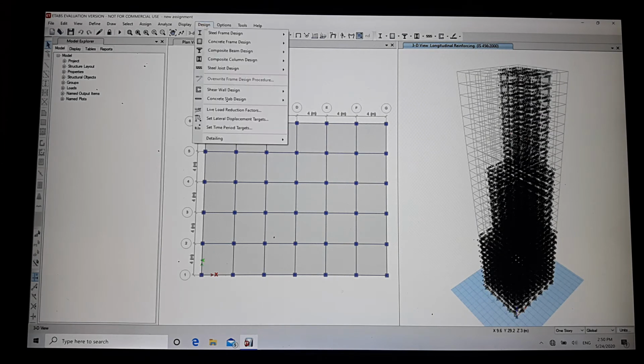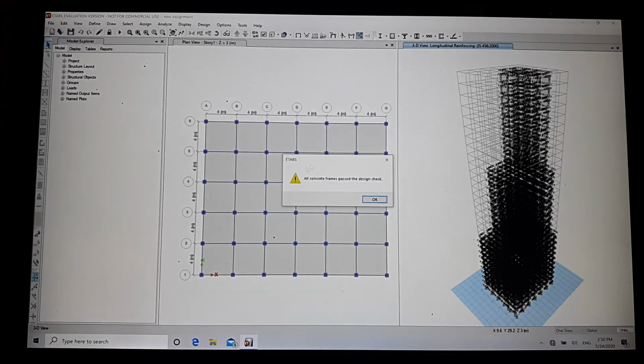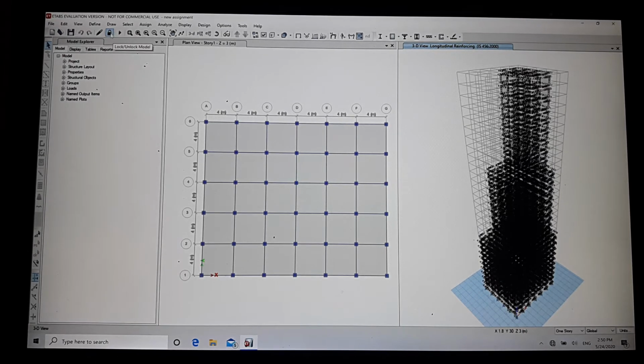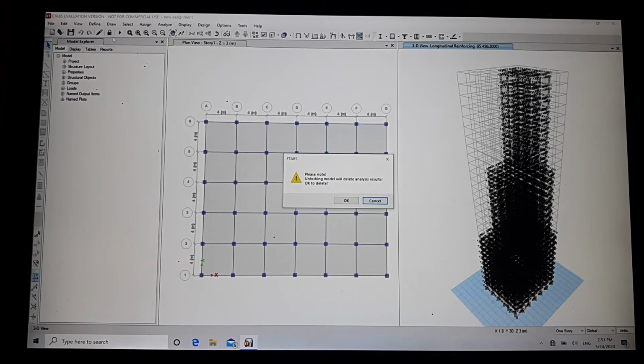Now once again go to design, concrete frame design, and all members passed. All concrete frames passed the design check. Now unlock the model. Click on OK.